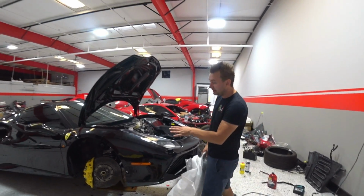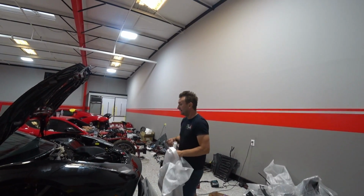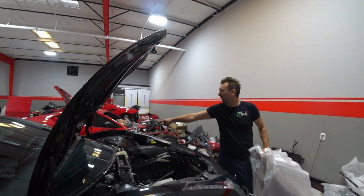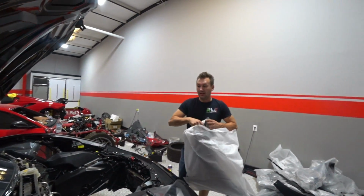Okay guys, all suspension is ready, done. I have to put in one small bracket, but mostly everything is done. And all air ducts are done, fender liners, all brand new. I believe one of them is used, only one, but in perfect condition. And right now I'm gonna install the